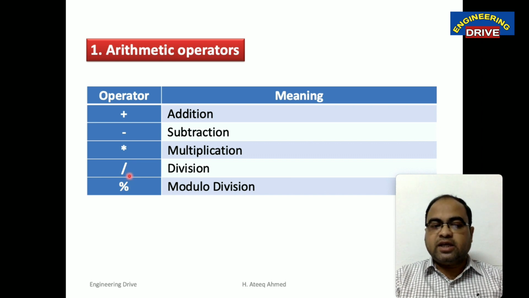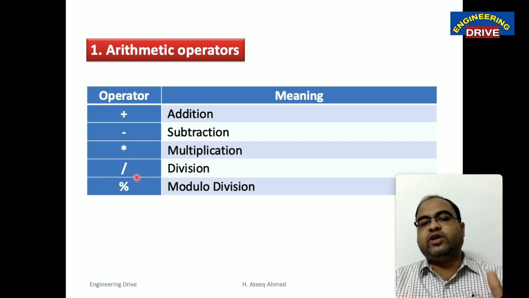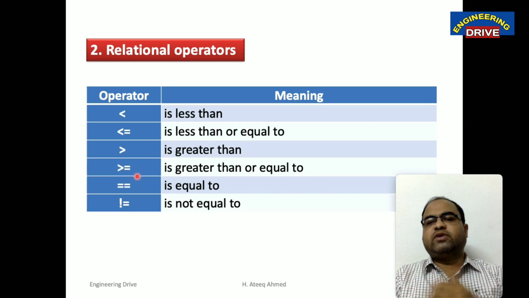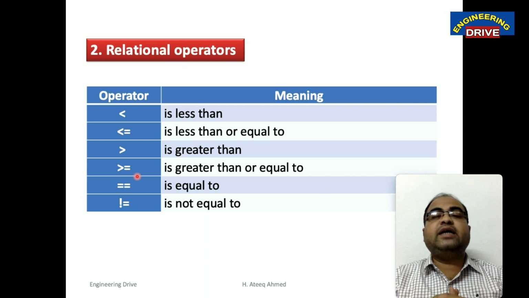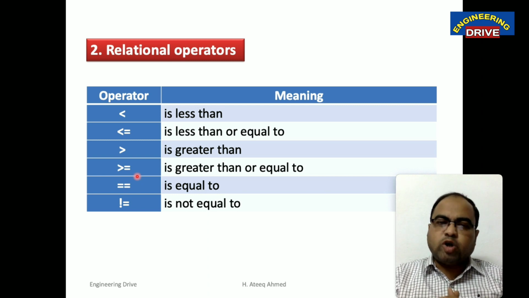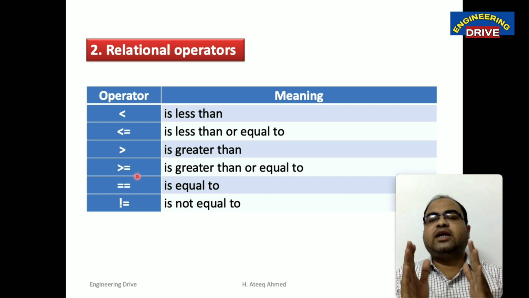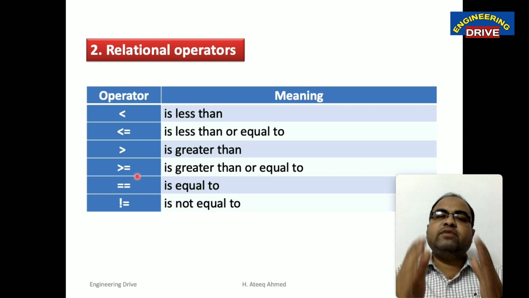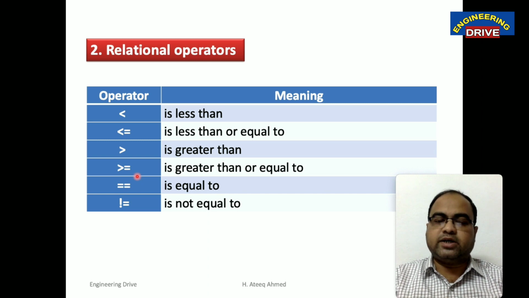So this thing I want to differentiate in these arithmetic operators. These are the basic operators, most of which we know already. And the second category, relational operators. These operators are used to establish a relationship between one variable and another variable in our C program. If we want to compare one variable value with another variable value, then we need to make use of these relational operators. So in total, 6 types of relational operators are supported.